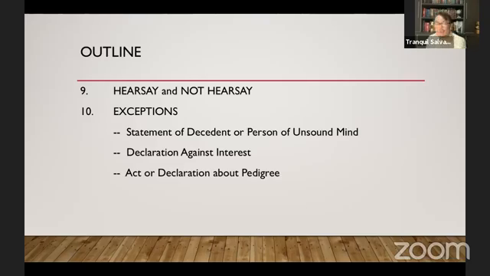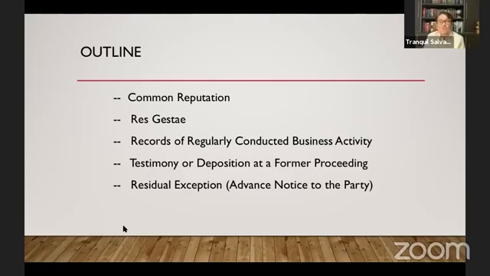Okay, now let us look at common reputation. Now, common reputation, as we know, reputation is how people perceive you to be. That's reputation, as distinguished from character, who you really are. Your reputation could be bad, but that's not who you are in terms of your character. So reputation is how people perceive you to be. And that is again an exception. The source of the information